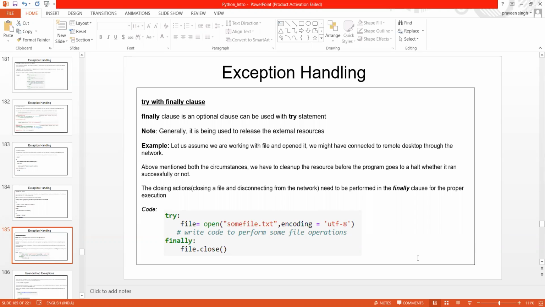In the try block, I have written code which opens one file, and then in the finally block, I tried to close the file which I have opened. Guys, I don't know whether you have observed this or not, but I was making this kind of mistake when I was training you about the open function, or when I was talking about reading and writing files.